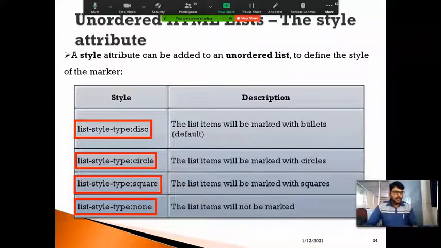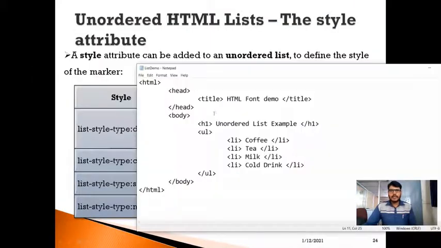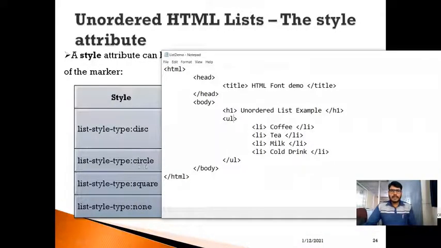So let me quickly do this so that you will understand how we can change the style for an unordered list. So as you can see here, we are not specifying any style here. So assume that now I want to implement a circle style. So how to implement this? In the opening tag of UL, I need to use a style attribute. So equal to, you can observe here, style is the attribute, and after this, I need to implement the equal to operator.